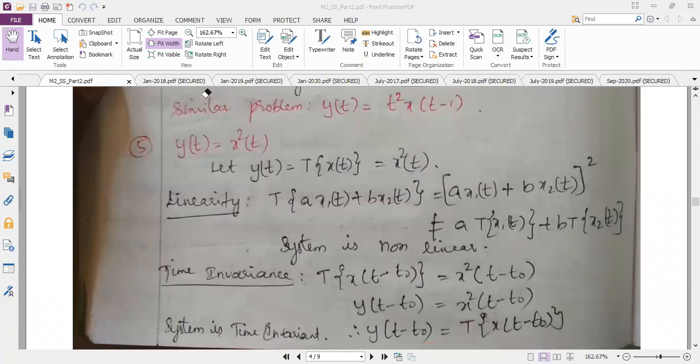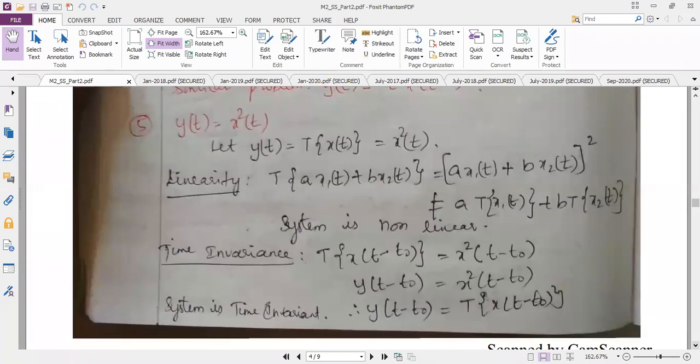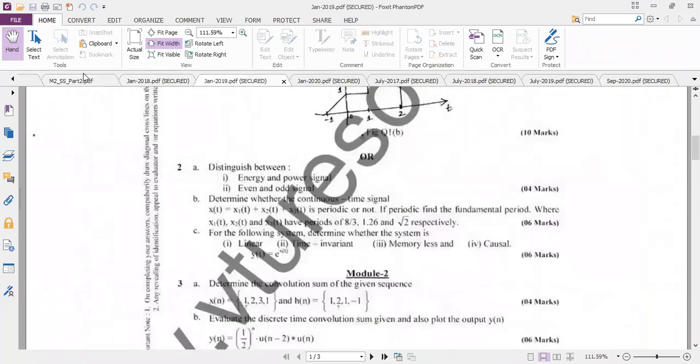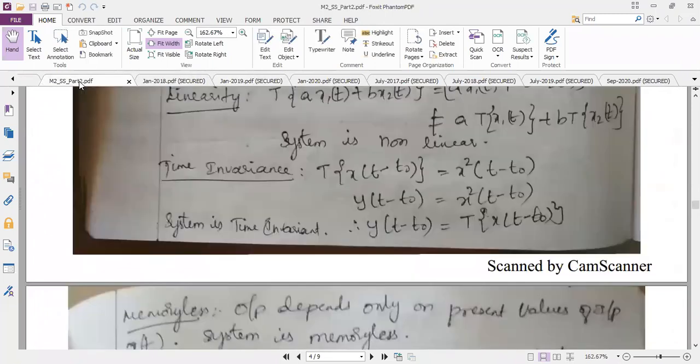See, why I am explaining all the properties in detail, I will tell you later, because I have just opened the series of question papers here in the next tabs. Okay, I will show you. For a single problem they have asked for 8 marks. So if I solve more problems in the class, if I explain more problems in the class, you will be much more familiar. For that purpose only I am explaining in detail.